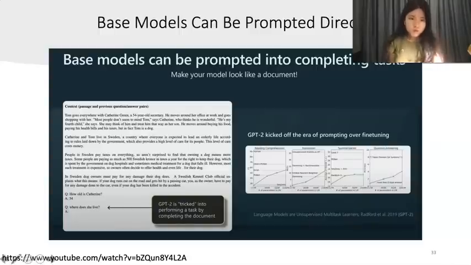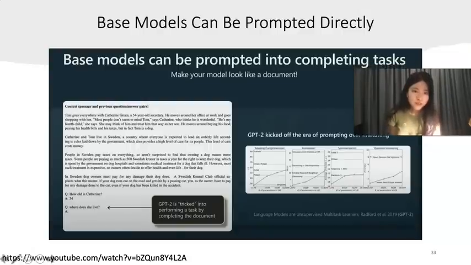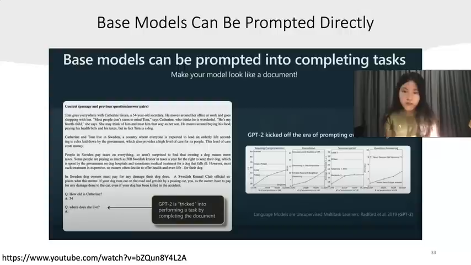And one thing to know is that base models can be prompted directly. So you may not know what prompting is. Prompting is basically directly asking your language model to give you an answer. So you prompt your model with a prompt, and it will generate an output as a response. So make your model look like a document. For example, you can give your model a short instruction followed by your real question. And what is meant by instruction is that you maybe have your